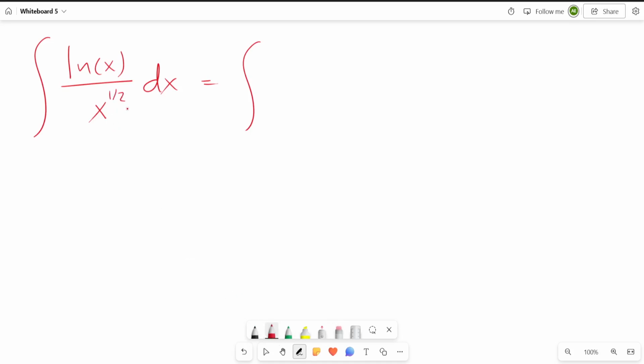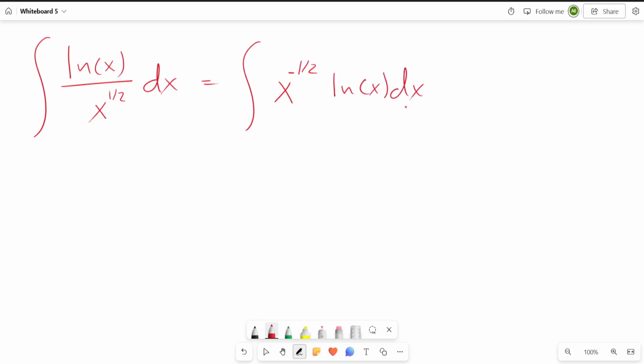And I know if it's power half on the denominator, if I want to put it in the numerator, it is going to be negative half. So this is going to be x to the power of negative half, because I know that a power m is equal to 1 over a power negative m. So if I want to switch something from the numerator to the denominator or vice versa, I just multiply its power by a negative. So this part over here is going to be x power negative half times ln of